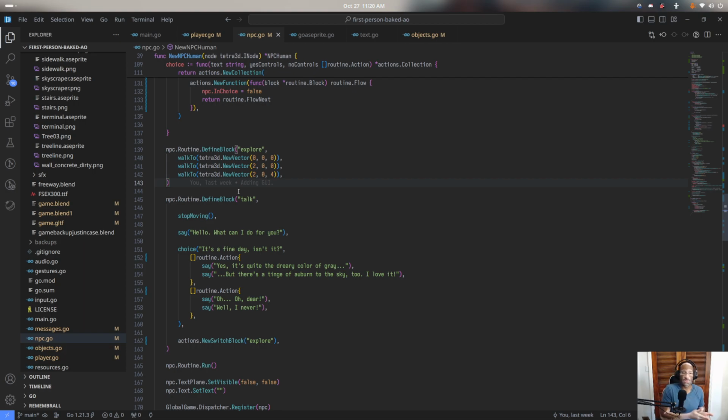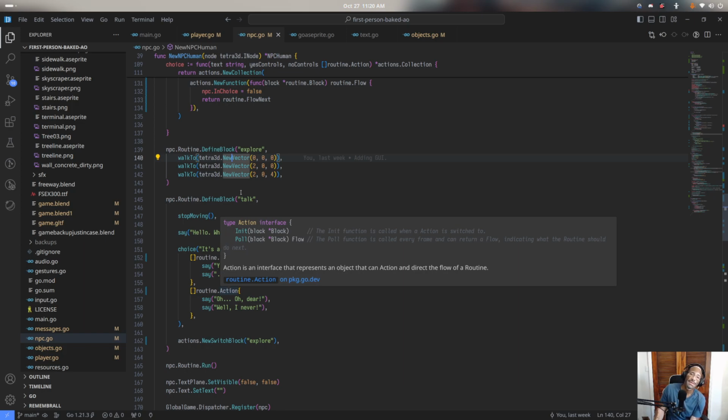And when you switch from one to the other, you can basically pause one, and by default, it pauses correctly. Because if a routine has a block like this, where an NPC is exploring, going from one point to another and then back, he's walking on essentially a path. If you go to talk to him, it can just pause that routine where he's exploring. And then when you go back to exploring, it will just pick back up. I like that. That's very simple. It's very easy, and it turns